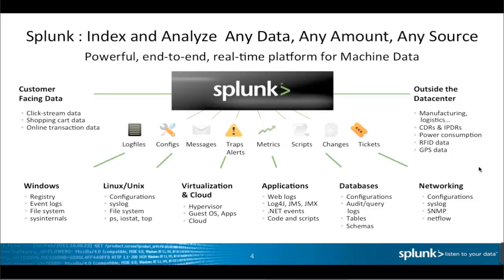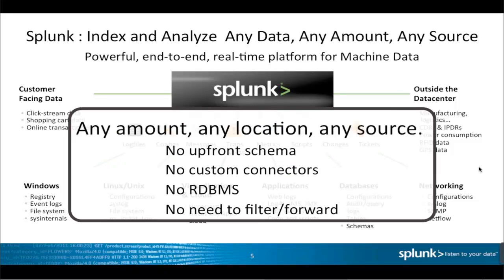So the thing about machine data versus any other kind of data is there's no upfront structure. There's no schema to it. When people are designing applications, they'll open up a database designer and start thinking about what kind of data this application is going to hold, and make some tables and some fields that go in these tables and start making relationships between all these things in the database, and that's called a schema.